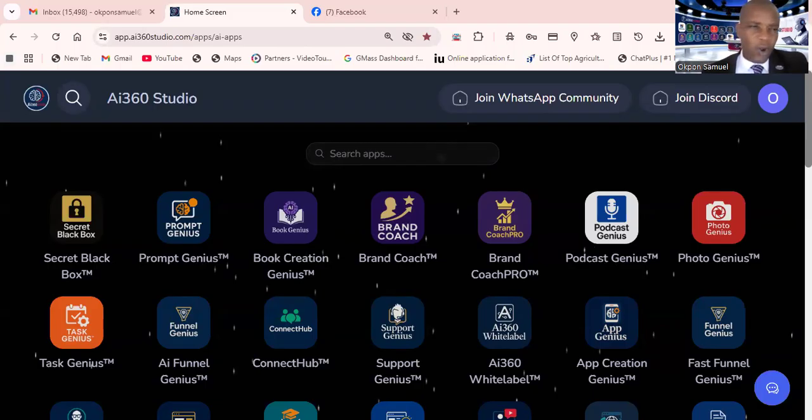And today we'll be focusing on one of the most powerful apps in the AI 360 Studio. That is the Vote Genius app. Yes, the Digital Vote Genius app. It is a cloud-based storage service that allows users to store files online, synchronize them across devices, and share them